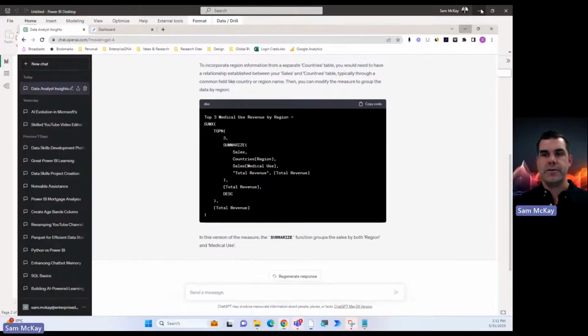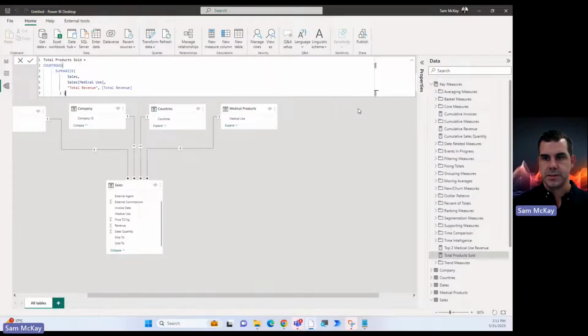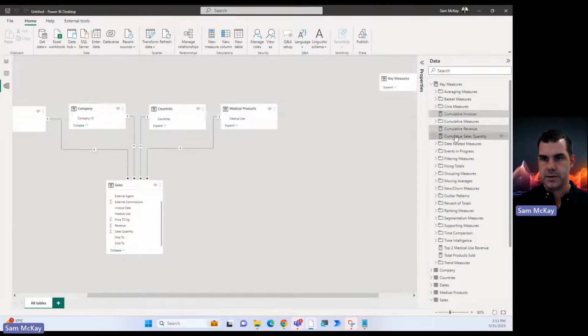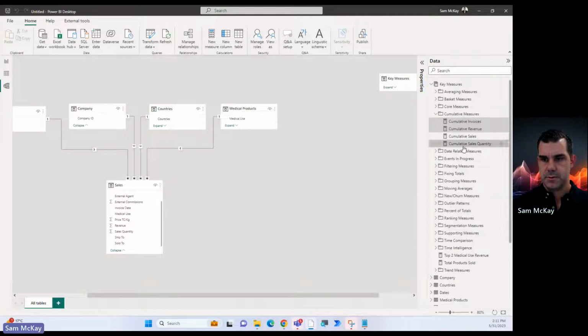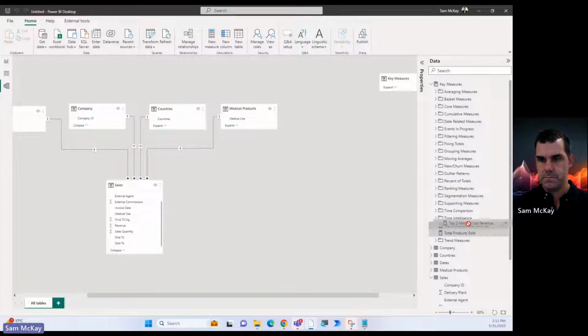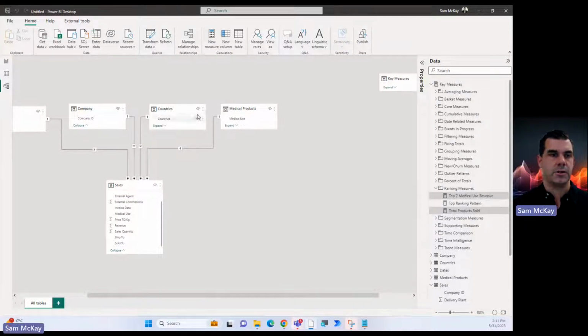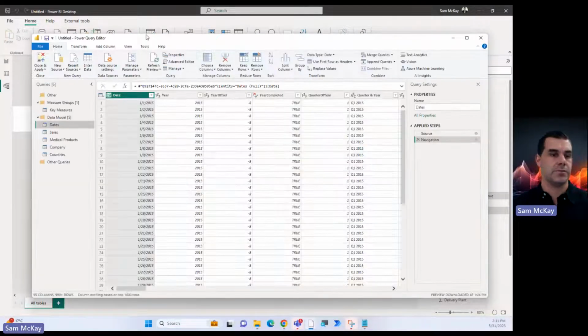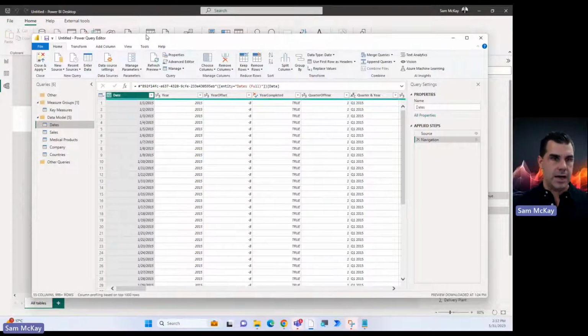Okay, so we haven't had time to do too much more. If I was to clean this up, I would literally come through here and start cleaning this up. But can you see layering on some of these things? You'll be amazed at how quickly you can get to good insights. Literally nothing changes in terms of the framework. We just need to enable ourselves to follow the framework more closely with the help of ChatGPT. Just get advice at every turn if you want, around what you can do and how you can enhance your model and your report.